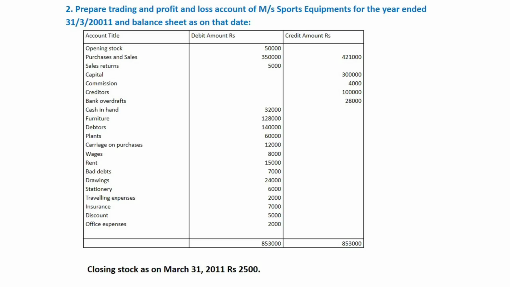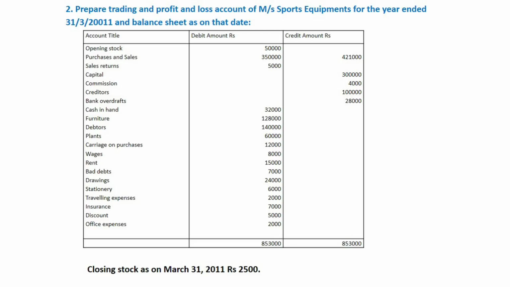Purchases rupees 3,50,000, sales rupees 4,21,000, sales return 5,000 rupees, capital 3 lakh rupees, commission, so it is on the credit side, therefore it is commission received 4,000 rupees, creditors 1 lakh rupees, bank overdraft 28,000 rupees, cash in hand rupees 32,000, furniture rupees 1,28,000,